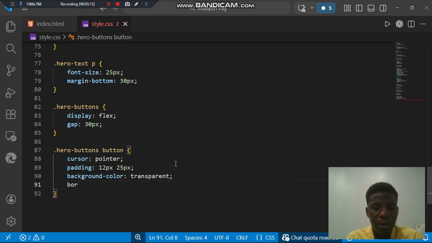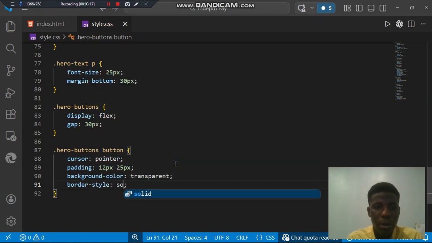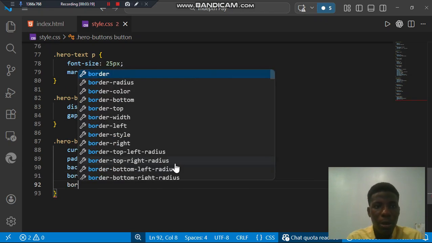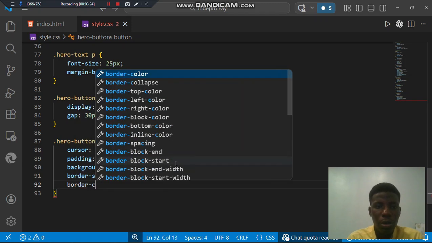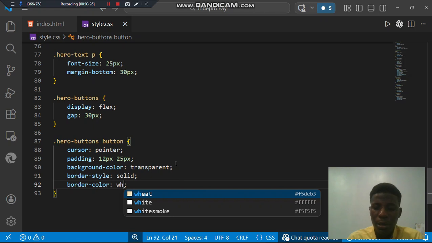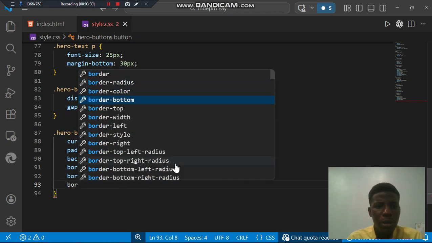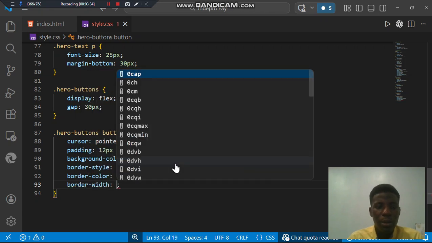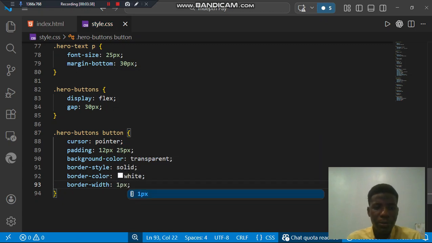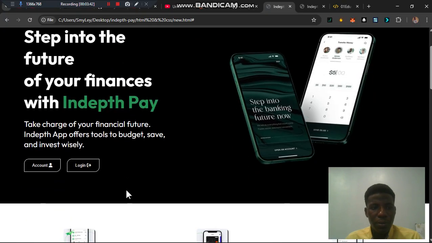Now let's add the border style, color white, border dash width, and just say px. So now let's see.